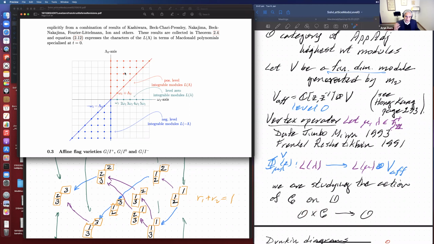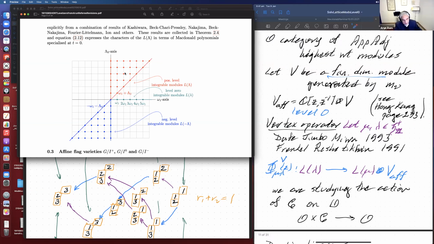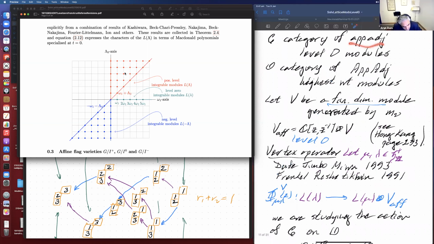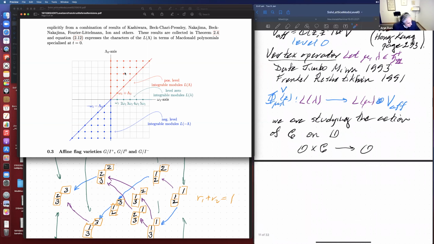So somehow there's no possible way that I can study vertex operators without understanding this category C. Now, they're multiplying by some very special modules from category C. And so that's why I don't quite know what the right notion should be. All right. So then the next thing is that I can look at,